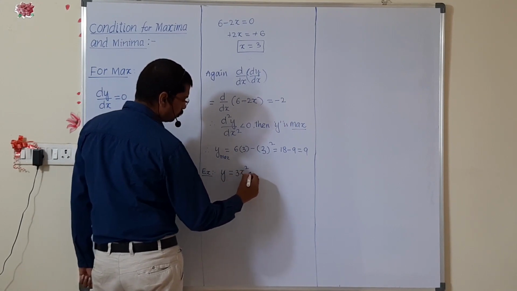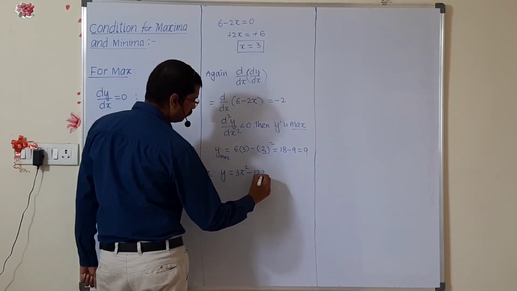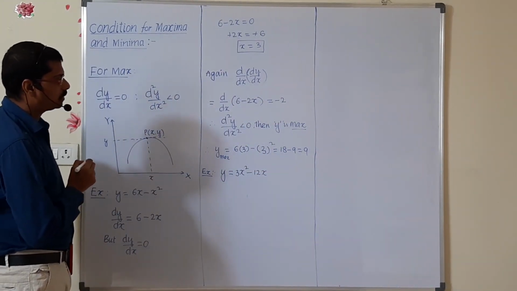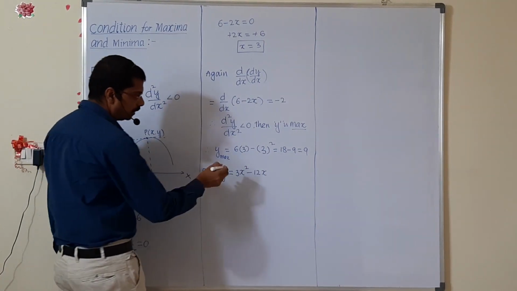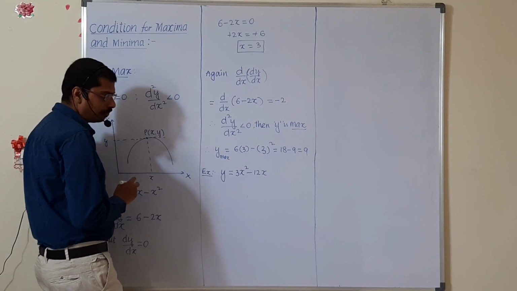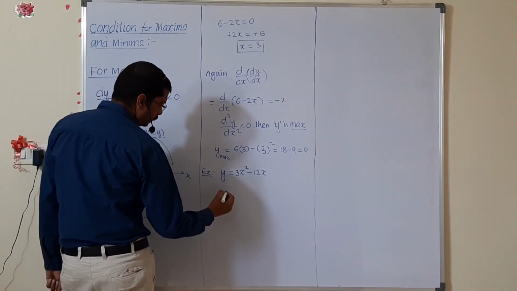3x² minus 12x. Here, for 3x² minus 12x, we need to find out whether it is a maximum or minimum. Now here,